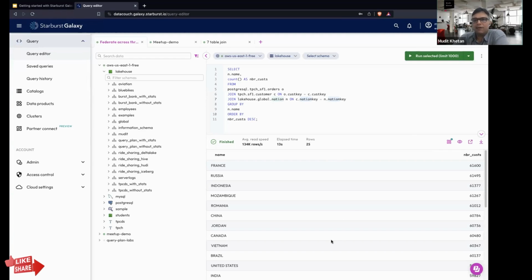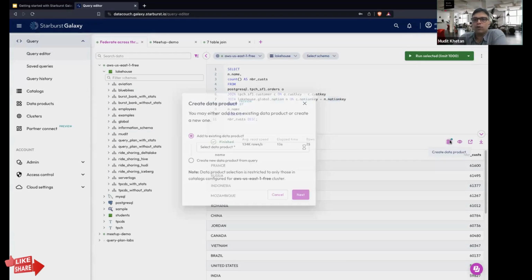I have this query, I have this insight with me. Now I want to share this insight. I want to make this insight available to anybody. The data would keep on coming. It's not static here because this is a demo database. Every time you run the query, you are going to get the same number. But in a real world scenario, the data would keep on adding to the system.